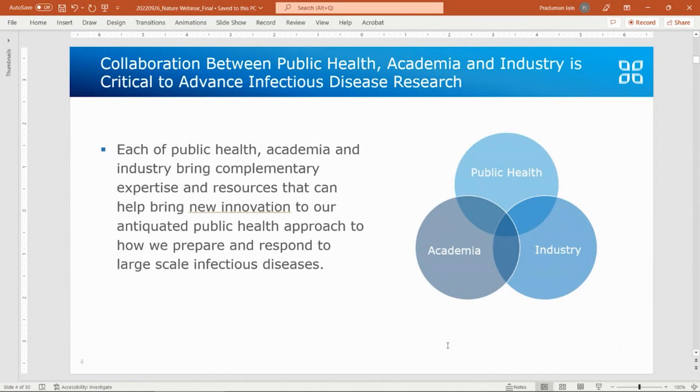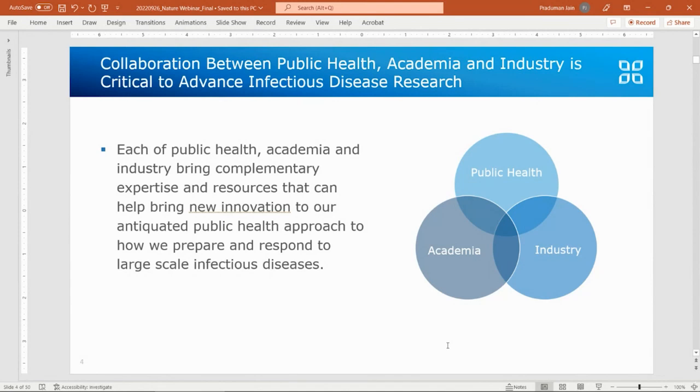And we have to learn how to scale infectious disease research. We communicate and work with public health departments and researchers across the country, and that's one thing we hear repeatedly, that we need to get better at acquiring data